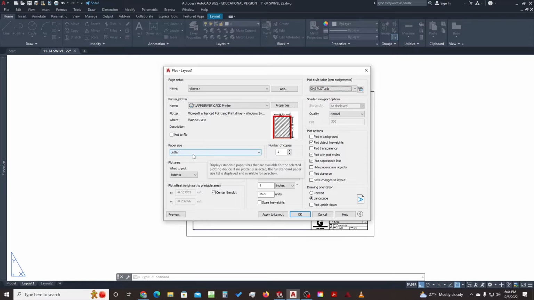Okay, the paper size, letter, those are the two things that you should have to change, and that's it. Everything else should be set. So if we hit preview,